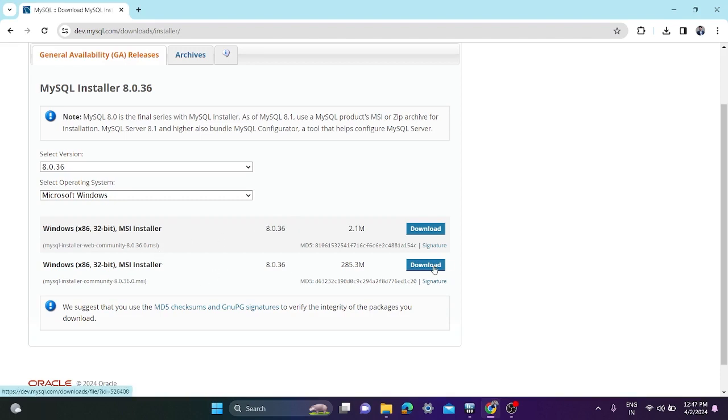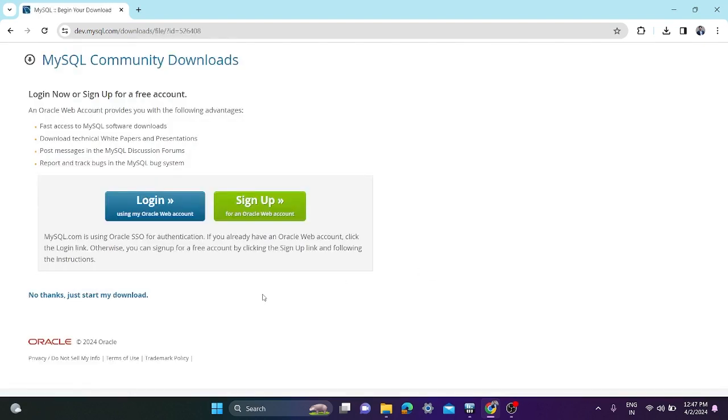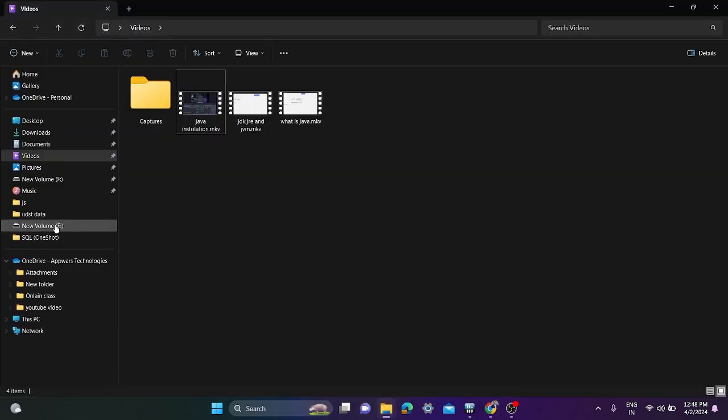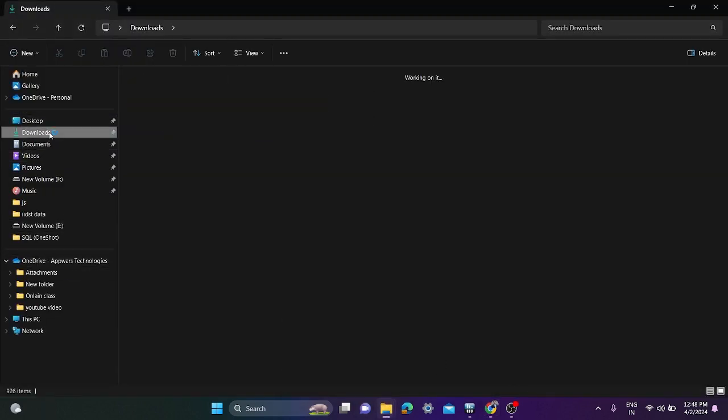And I need 8.0.35 MySQL download. Click on this, and click on this. Please wait some minutes. Downloading is starting, and it depends on your internet speed. Okay, done downloading, and open your file. Go to downloads,